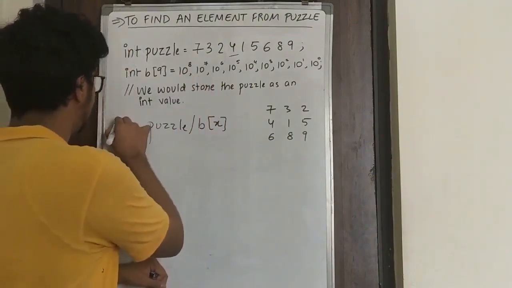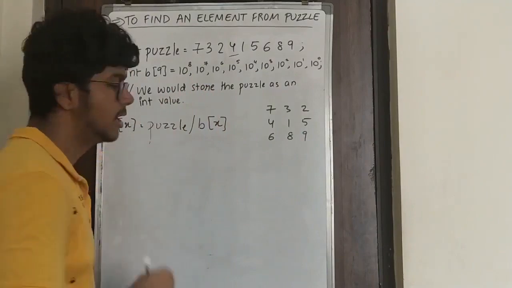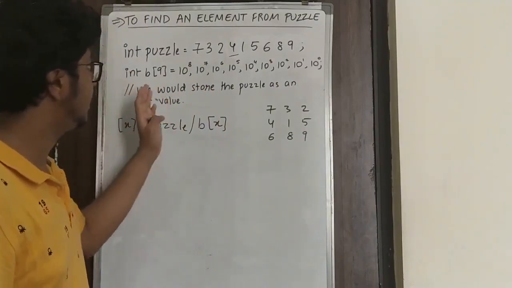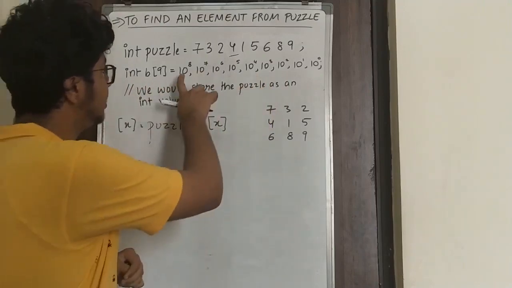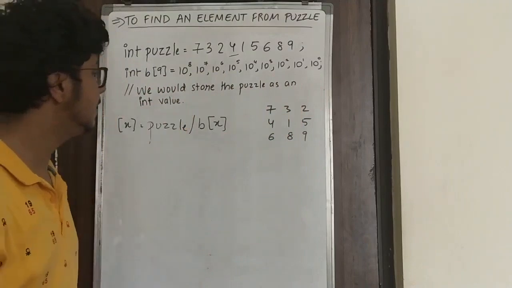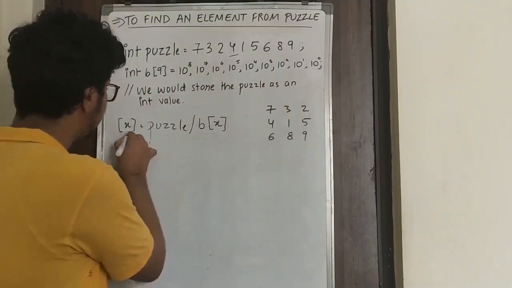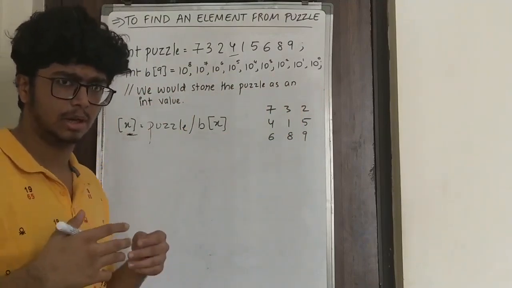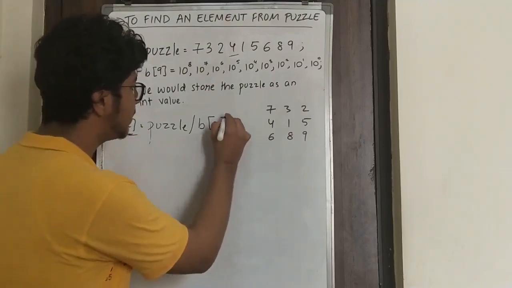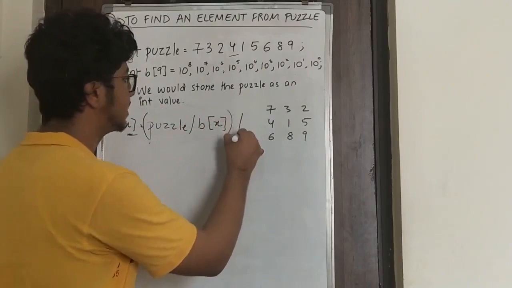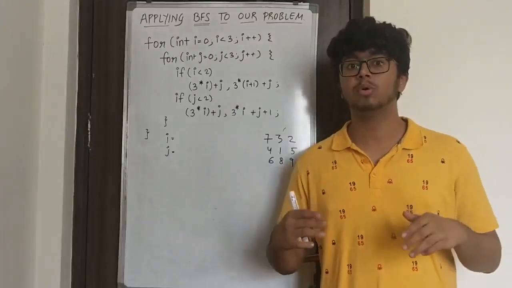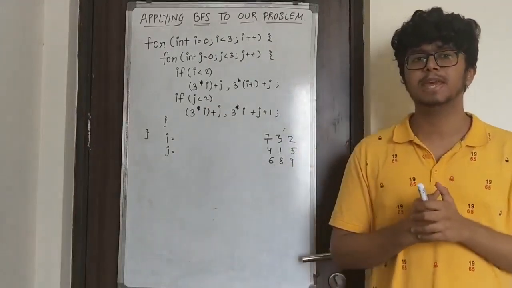And this will give me that particular x element. What I mean over here is, I have already defined an int array, and this array holds these particular elements. Now you can just run a basic for loop and you can get this array. What if I want a particular element of this puzzle for any logic purpose? So what I would do is, I would just divide it by b of x and I would just take a %10 for this.